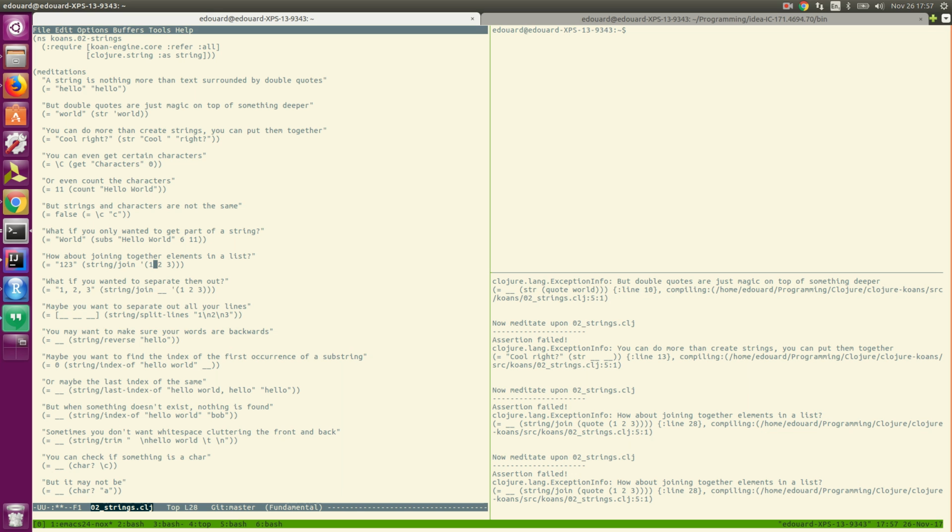It's more than variadic. It's got not just different numbers of arguments, it has different types of arguments. So on the one hand you can give it a list, or you can give it a separating string and a list. And the separating string in this case, so that 1, 2 and 3 when joined give 1, 2, 3, is a comma and a space. So that should now be true.